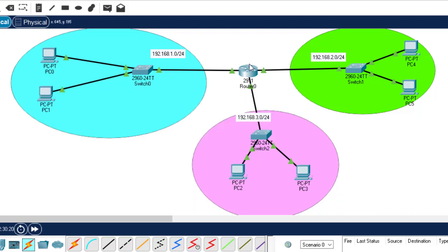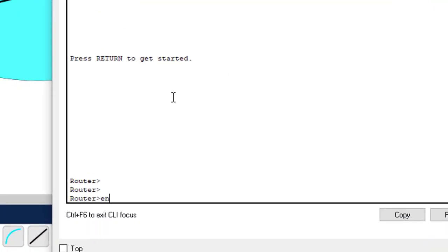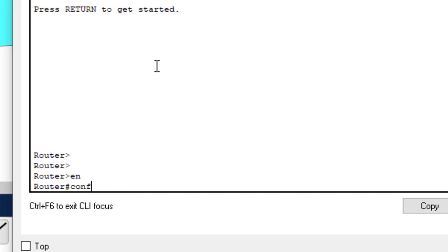And it's the IP address of that interface that we will use to telnet to. I mean, it's that IP address of that interface that we will use to verify our Telnet or SSH protocols. Okay, so let's go ahead and configure Telnet first. So I will go to this router: enable, config t,